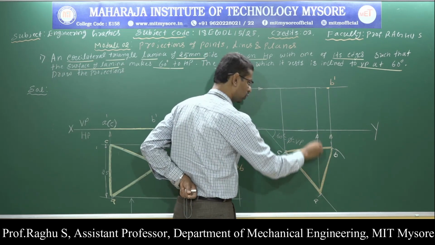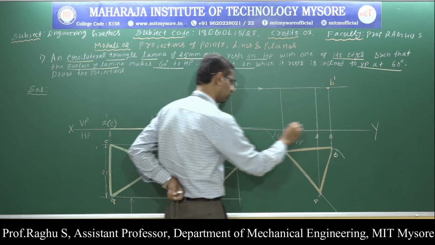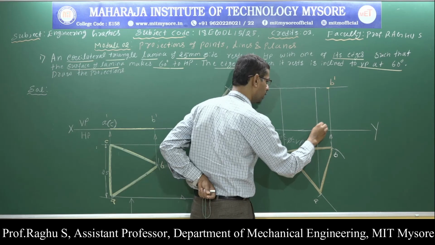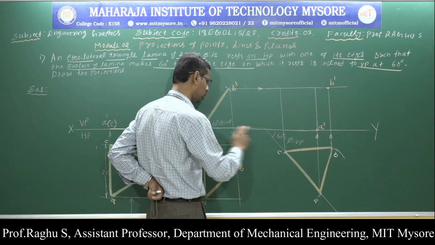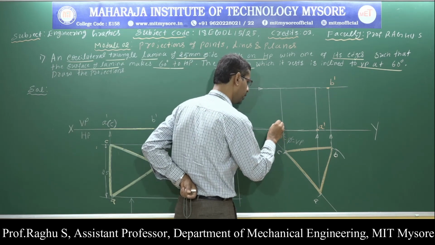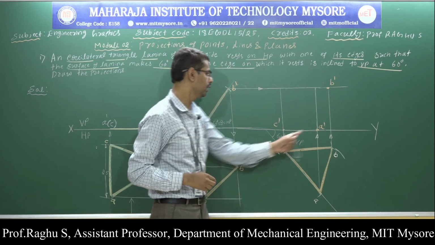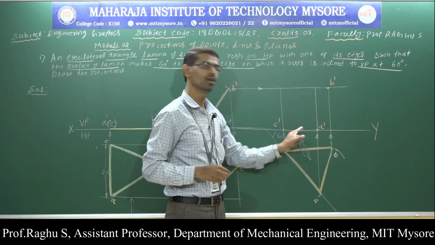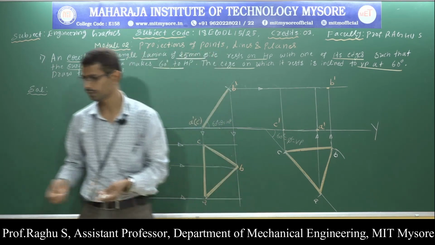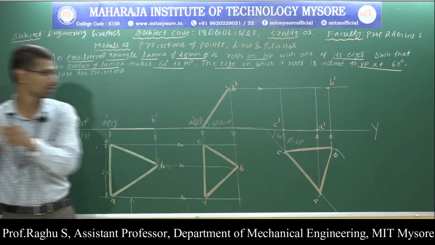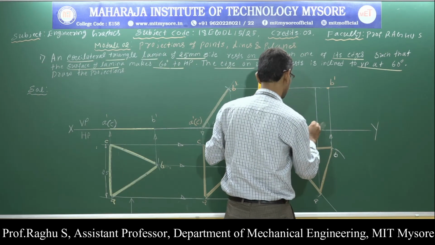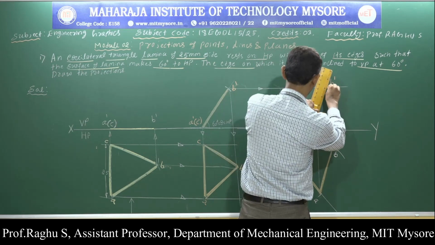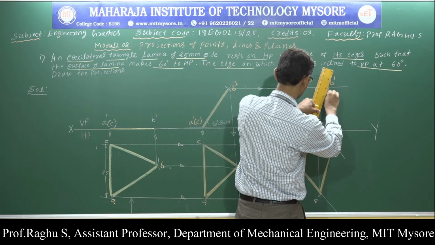This is the vertical projection of point A. This is the horizontal projection of point A. So, this is point A dash. This is the vertical projection of point C. This is the horizontal projection of point C, and this is point C dash. Now, connect A, B, C to get the final view. Connect A to B using dark lines.